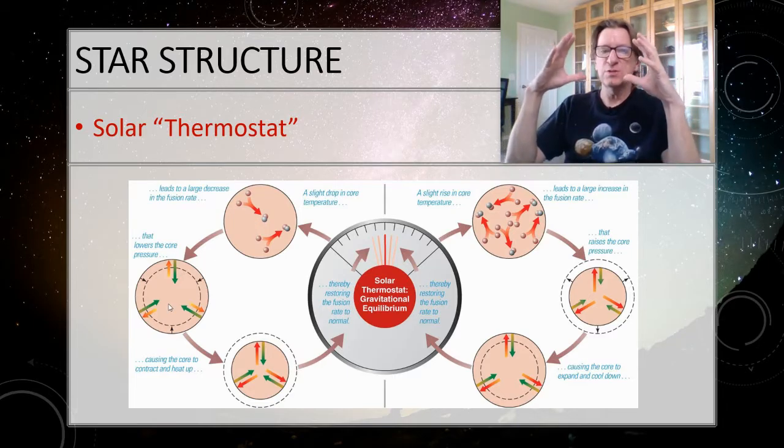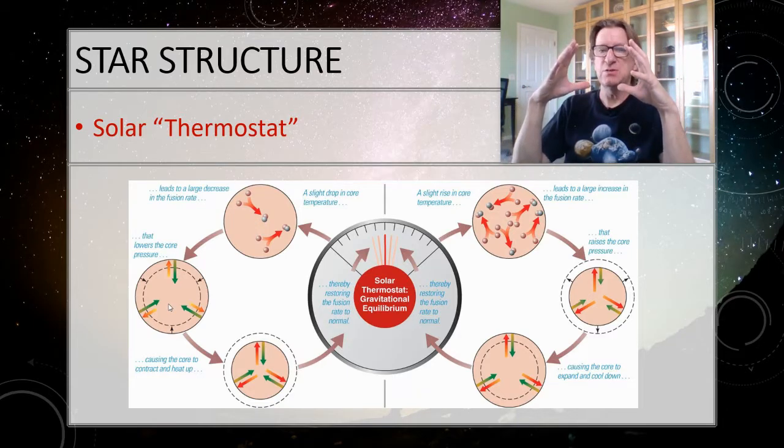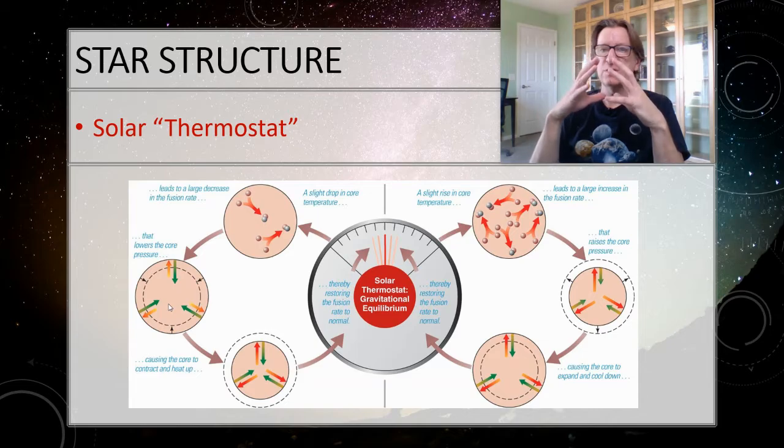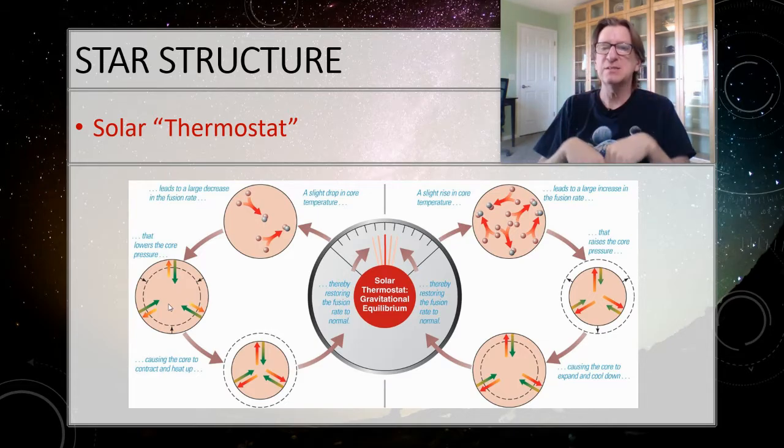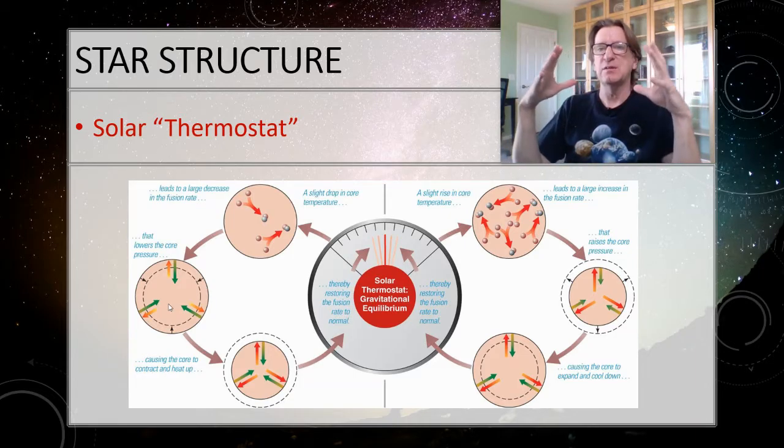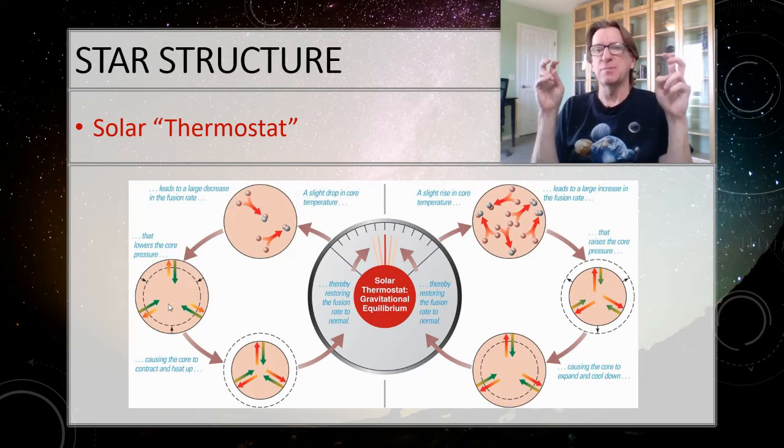That lowers the pressure in the core. It's not producing as much energy. So then that envelope starts to contract a little bit. Well, as it contracts, it increases the fusion from the star in the core, and we reach that balance point again. So the sun has been sitting here perfectly balanced in what we call hydrostatic equilibrium.